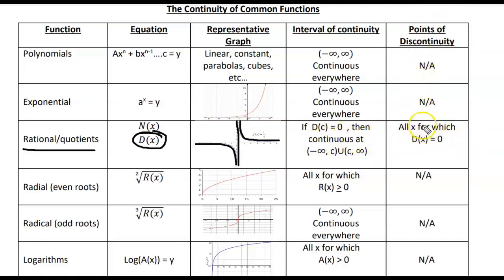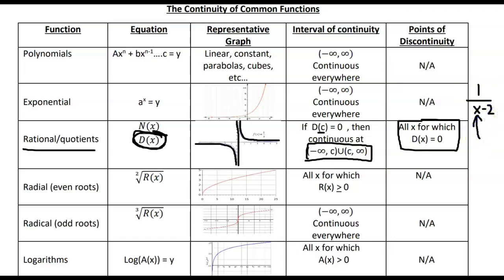So let's talk about where it's discontinuous first. The function's going to be discontinuous anywhere where the denominator equals 0. And where is the function going to be continuous? Let's say that c is the x value that when you plug it in makes the denominator equal 0. Then this would be your interval of continuity. For instance, if I gave you this function here, x minus 2,